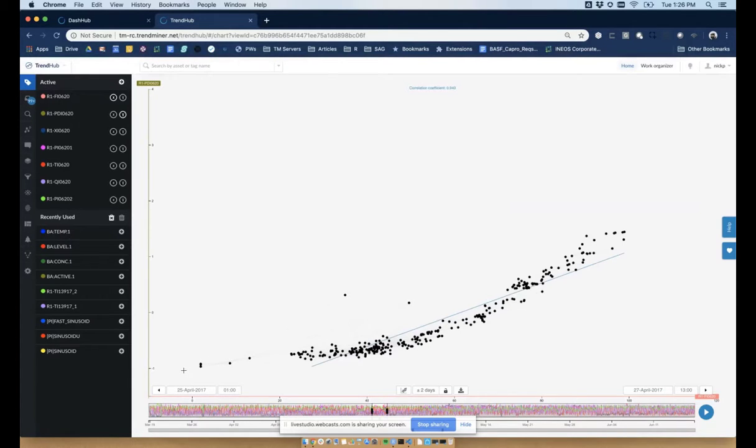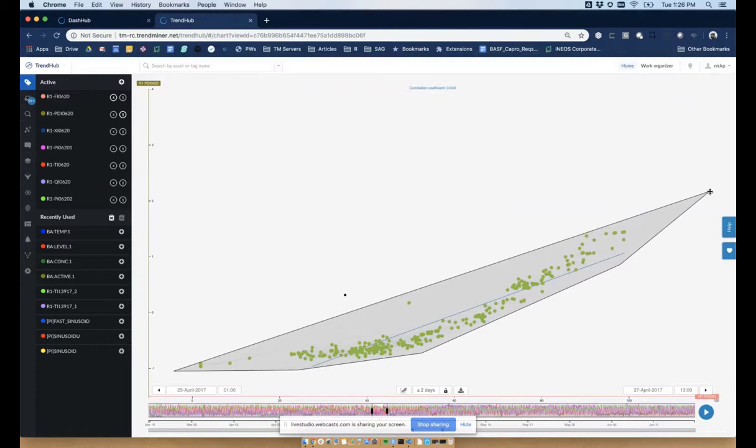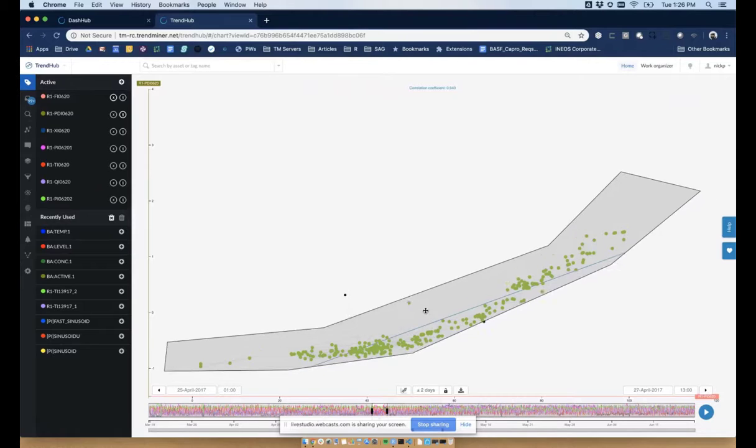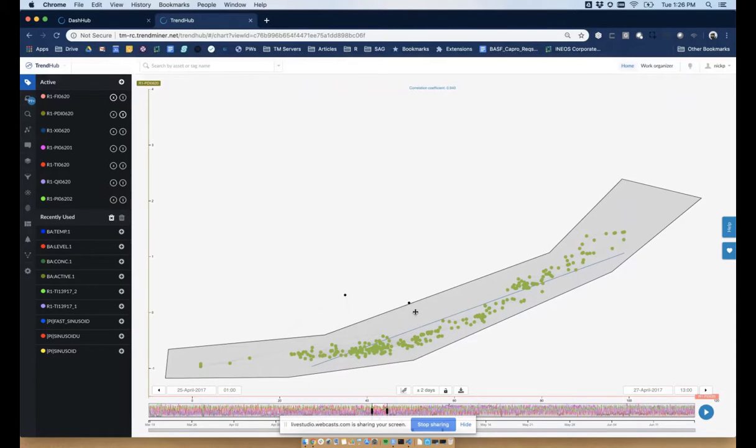So one of the things I can do is an area search. And I'll explain what that is in a second, but before I can do an area search, I have to capture this non-linear relationship with a polygon in my view. So what I can start to do is kind of draw the bounds of where I consider ideal operation. So I can just click and kind of draw a polygon, and we can go through and close the polygon by double-clicking, and we can adjust this and move it around so we really fit inside of the data.